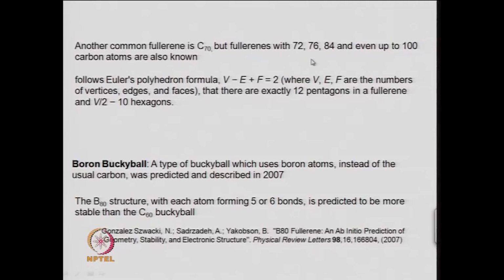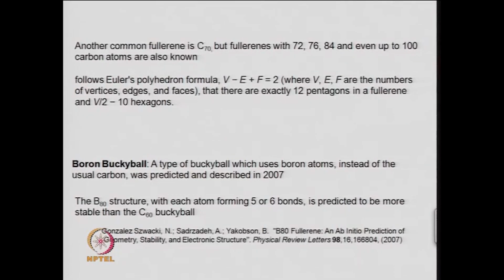So, if you have C84, if you have 12 pentagons, then the number of vertices is 84. So, 84 by 2 is 42, and 42 minus 10 is 32 hexagons. So, you can say that C84, that means the cluster or the molecule C84 will have 32 hexagons and 12